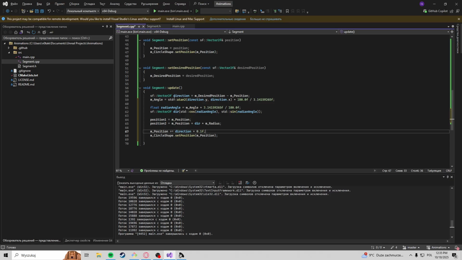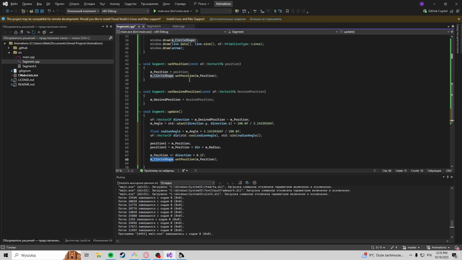So basically we calculate the direction, the angle. After that we calculate 2 points for our line. After that we calculate position based on the direction multiplied by the static value, which will be basically our speed, and after that we